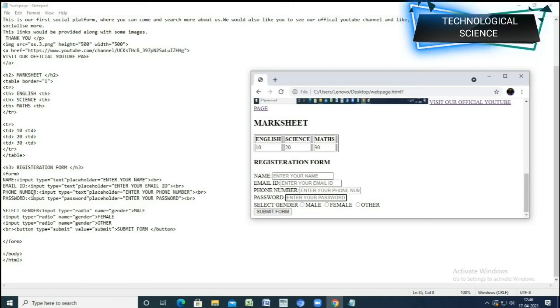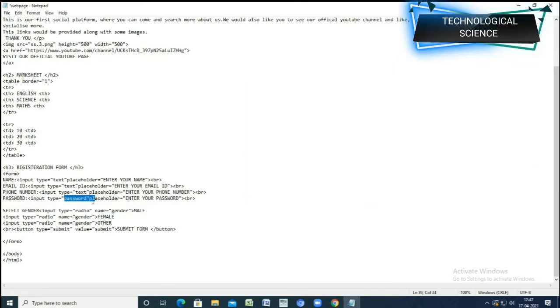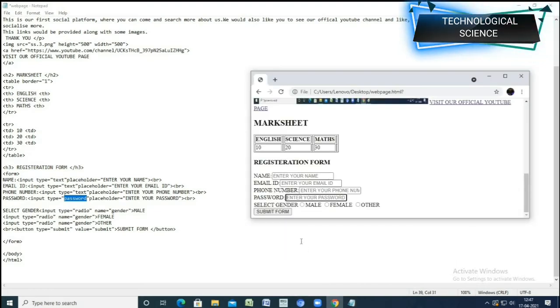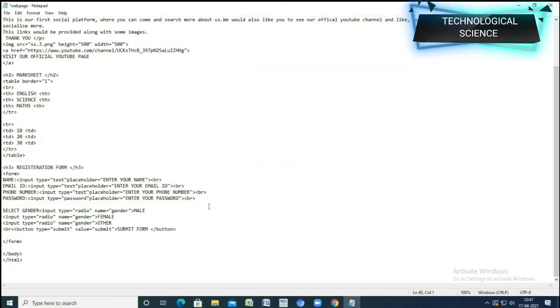As you can see here in the password section, I have typed input type. So input type basically commands the website what data can be entered in this empty space after password. You have to write specifically "password", so that it commands the website that a password is to be entered here and you have to keep it private, so it turns into dots. That is the default nature of it, that it turns into dots because it's a password.